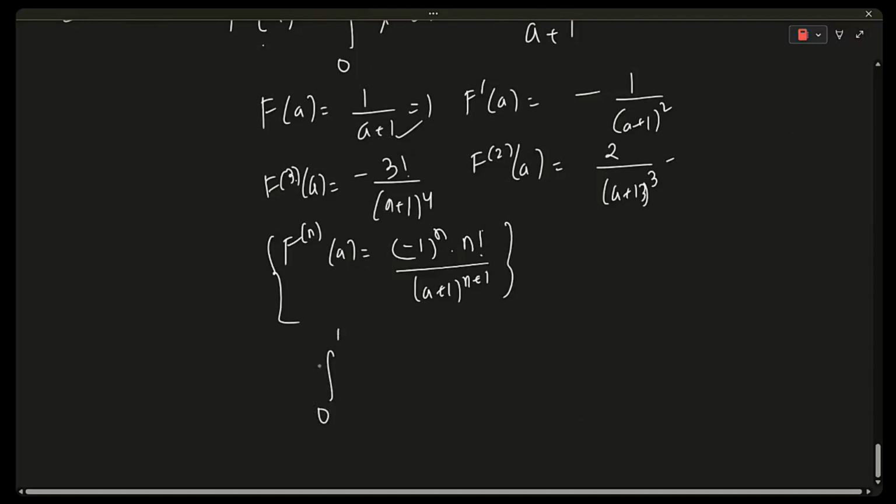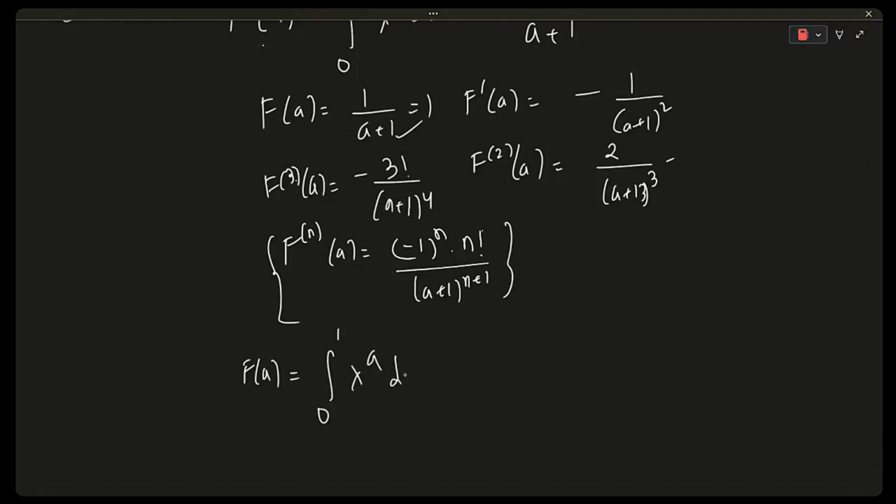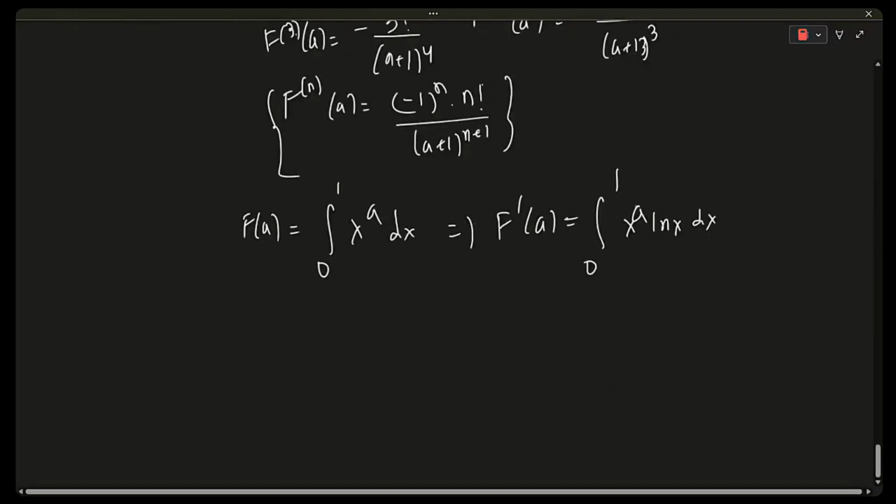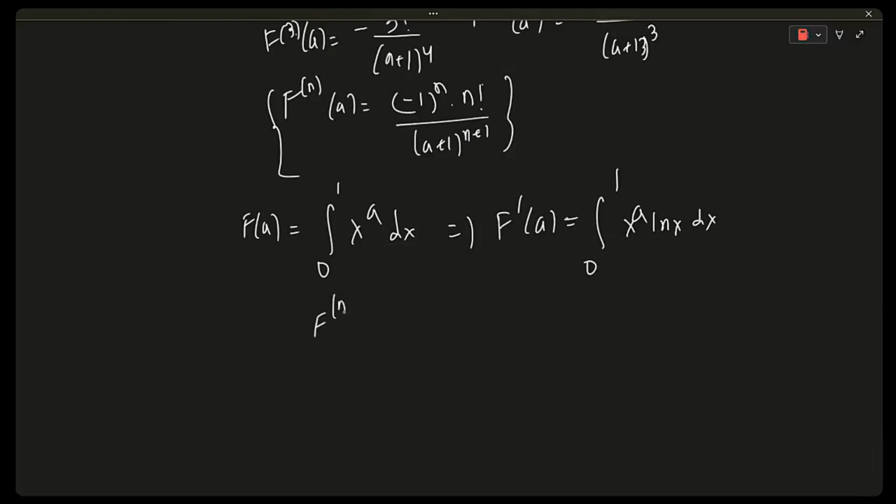We also had f of a as this. F of a is integral 0 to 1 x to the power a dx. Differentiating once should give you, inside the integral, you're differentiating with respect to a, which means this is simply x to the power a log x, correct? Differentiate again, you would get x to the power a into log square x. Similarly, differentiate n times,